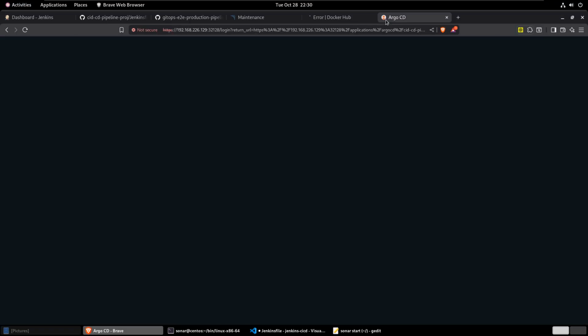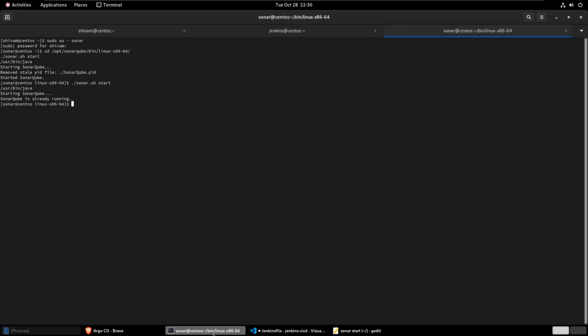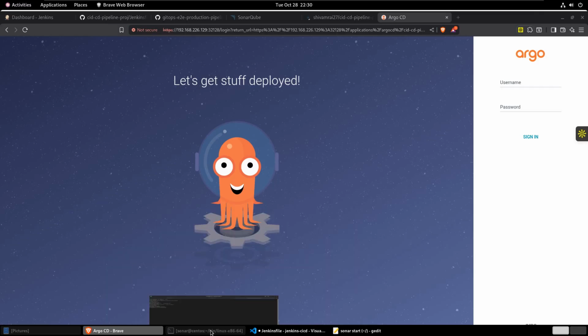And this is our Argo CD. Every basic server, whether my Argo CD server, SonarQube server, or Jenkins server, is already running by default whenever you restart your computer. The only thing you need to do is start some basic services or connect to whatever service is already running. So in order to do that, I have already shown you two things, and just like that, in Argo CD,